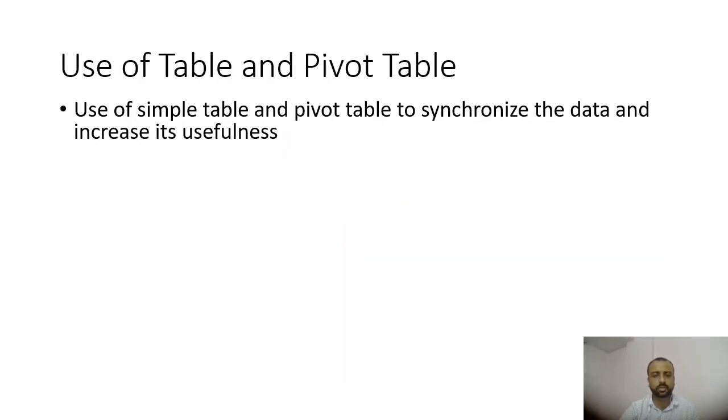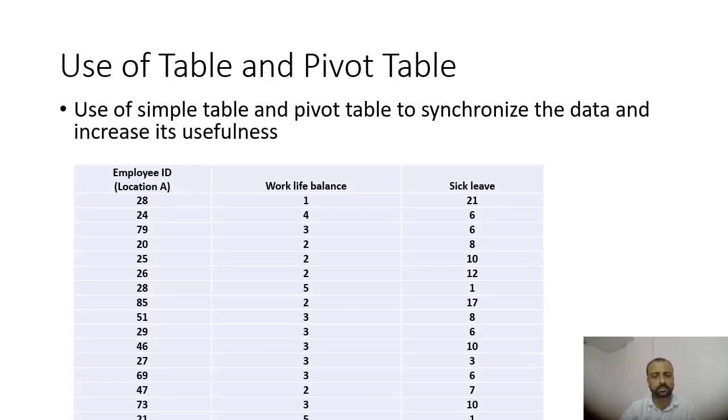Similarly, using a pivot table, we can extract a large amount of information and put it into a small summary which is higher in usefulness. For example, you may be interested in knowing the reasons for sick leave, and you may like to find out the particular location, the number of leaves taken by the employees, and their work-life balance score on a rating of 1 to 5. By using a simple pivot table, you extract this, and if you can see some pattern, then you can go into diagnostic analytics to see the root cause of sick leave.